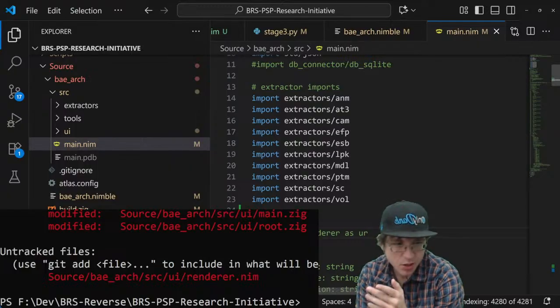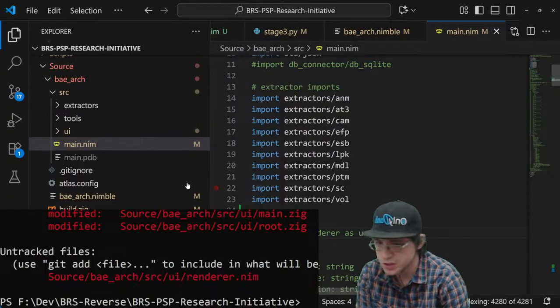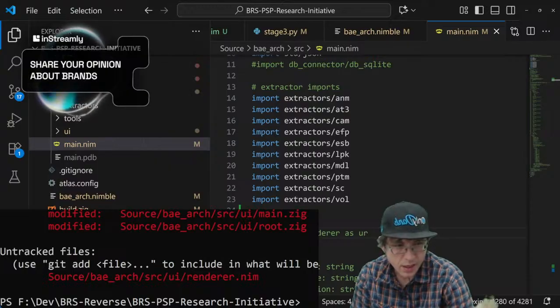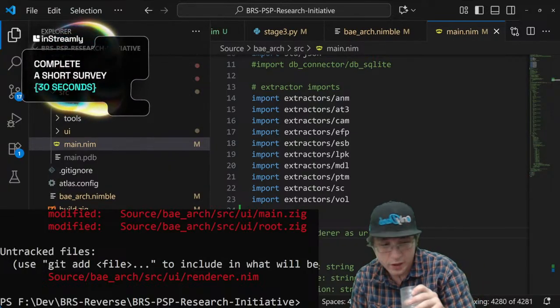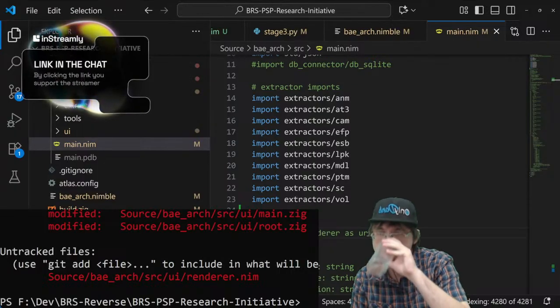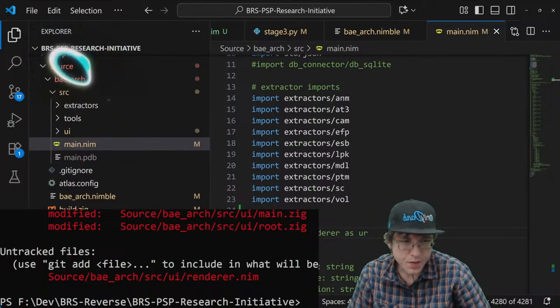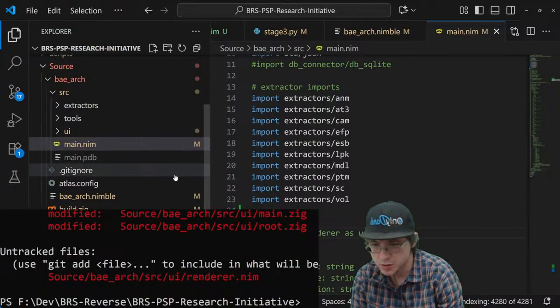But yeah, let's just go ahead and do WebSocket, and then I'm going to run a back-end front-end system. That shouldn't be too difficult.